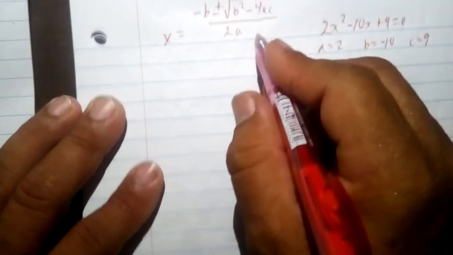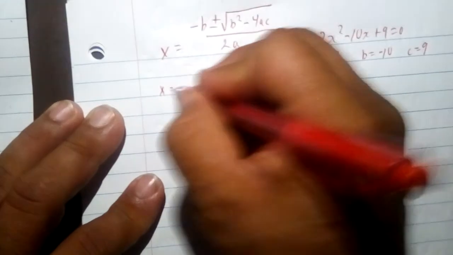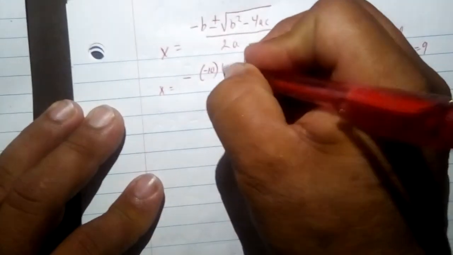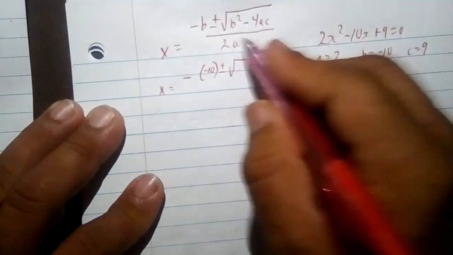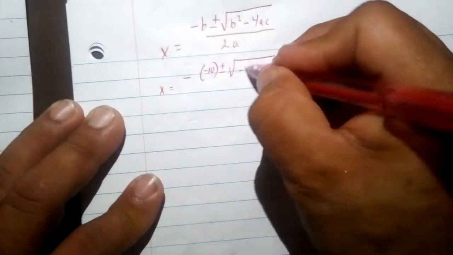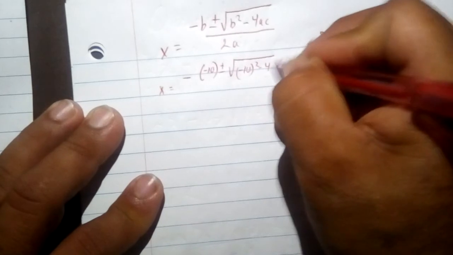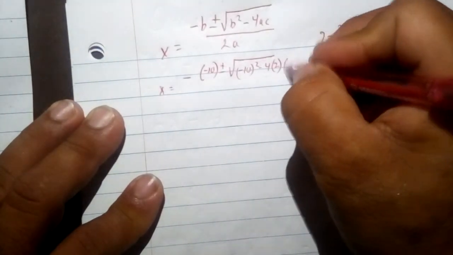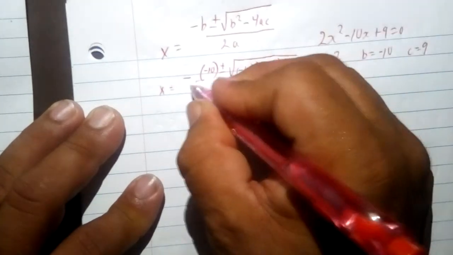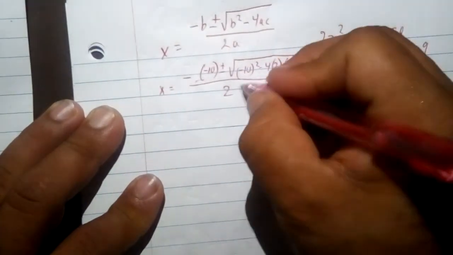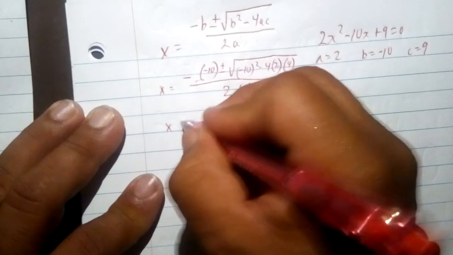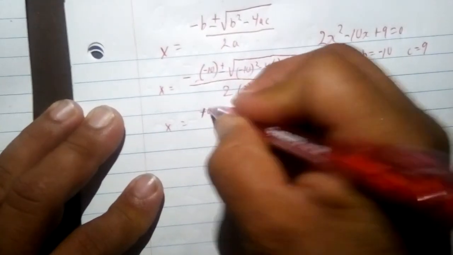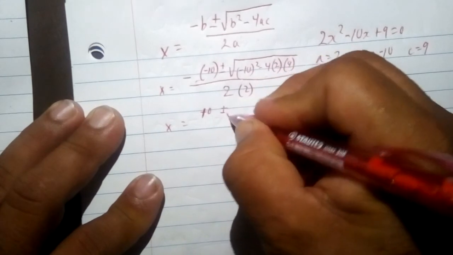Substitute into this equation, we end up with x equals negative b, which is negative 10, plus minus square root of b, negative 10 squared, minus 4 times a, which is 2, times c, which is 9, over 2 times a, which is 2, equals negative and negative will give us a positive 10, plus minus square root